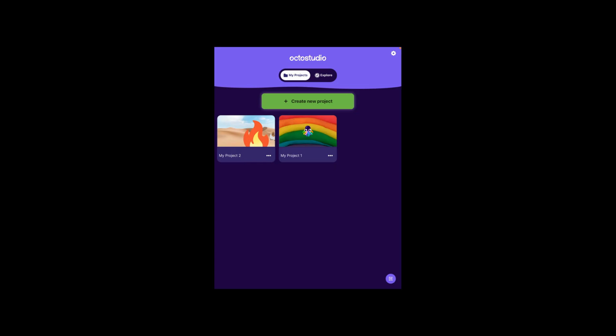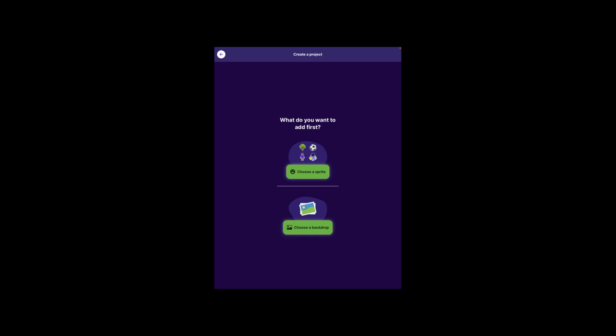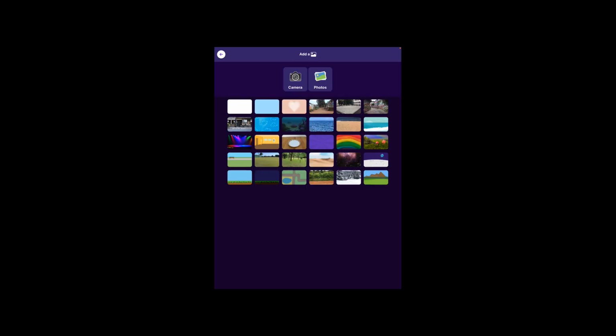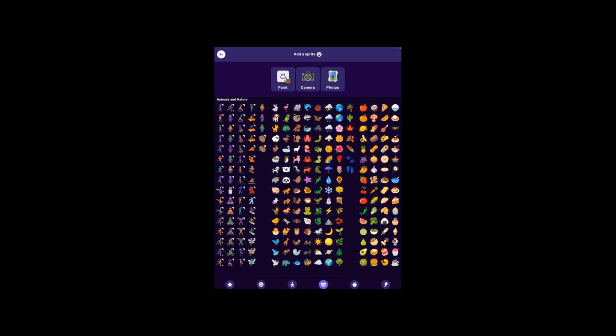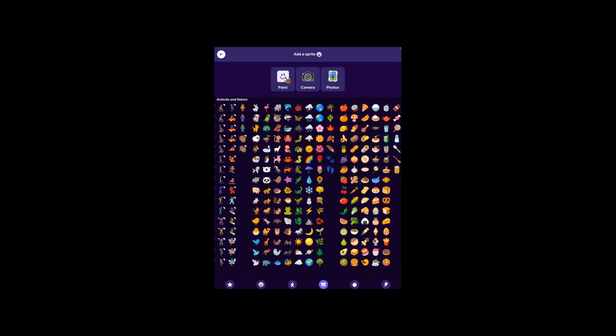Today I'm going to show you the OctoStudio app. It's pretty cool. We're going to click on Create New Project, and from here I can choose a background. There's all sorts. You also can notice at the top that you can access your photos, or you could also take a picture yourself. I'm going to choose this background. From here, I can paint my own design, I can take a picture, I can access my photos, I can use any one of these